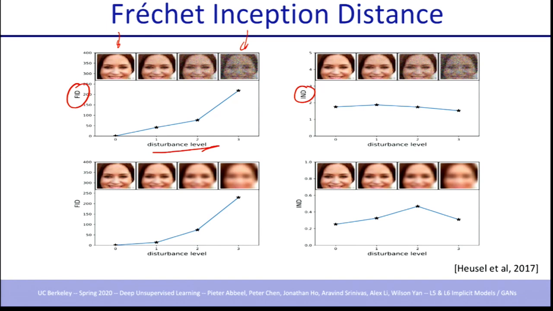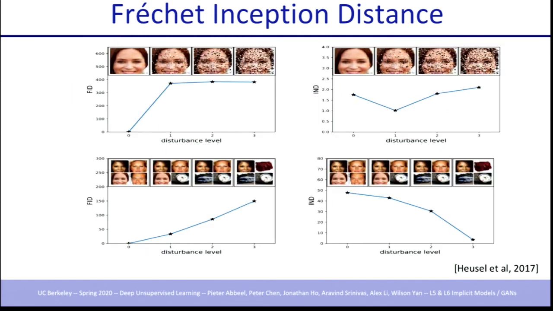Similarly here for making it more blurry. Very clean curve for Fréchet, not so clean for the original inception score. And there's a few more comparisons here with, again, noise introduced. Fréchet captures that this is not as realistic, gives a worse score, whereas Inception does not.